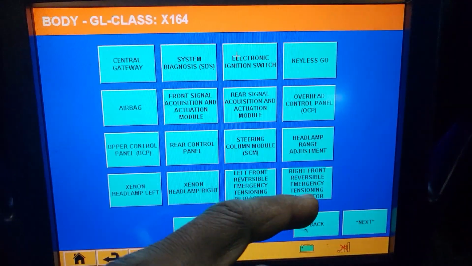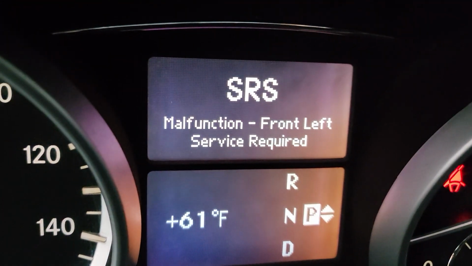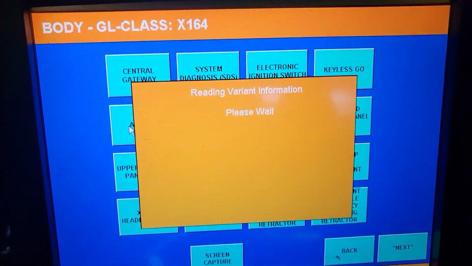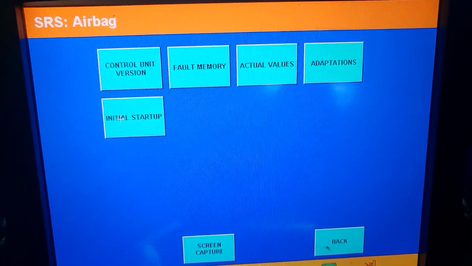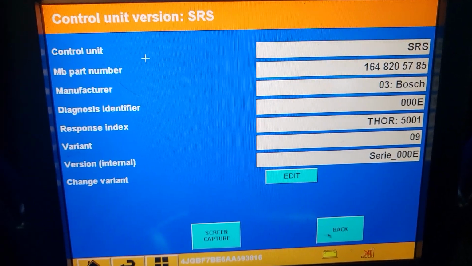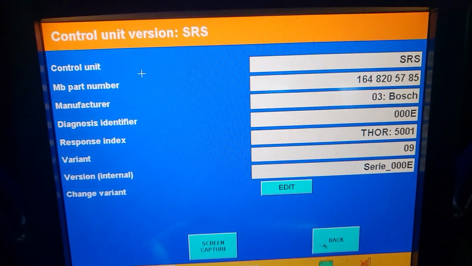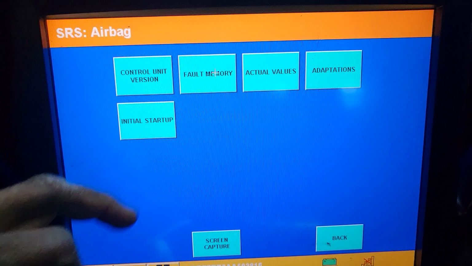I just want to go to body now to see what happened to the airbag, because I have an airbag light on and I have a message here saying SRS malfunction, front left service required. So let's see what the requirement is here on the airbag. This is the airbag control unit. It shows you what happened, and what the part number is. Go back, faulty memory,